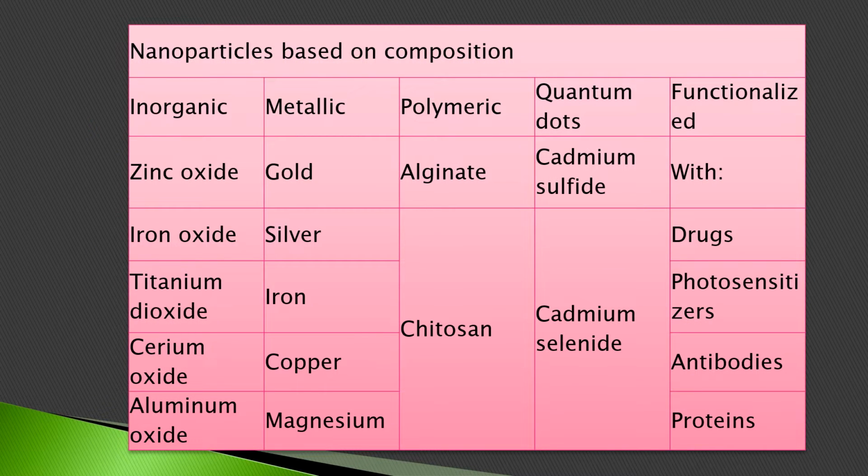Nanoparticles can be divided, based on their composition, into inorganic nanoparticles, metallic nanoparticles, polymeric nanoparticles, quantum dots, and functionalized nanoparticles. Under inorganic nanoparticles, we have zinc oxide, iron oxide, titanium oxide, cerium oxide, and aluminium oxide. Under metallic nanoparticles, we have gold, silver, iron, copper, and magnesium. Polymeric nanoparticles include alginate and chitosan. Under quantum dots, we have cadmium sulfide and cadmium selenide. And functionalized nanoparticles are coated with certain drugs or photosensitizers, antibodies, or proteins to target the specific